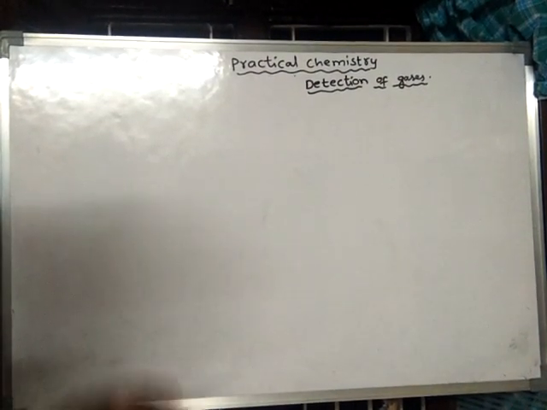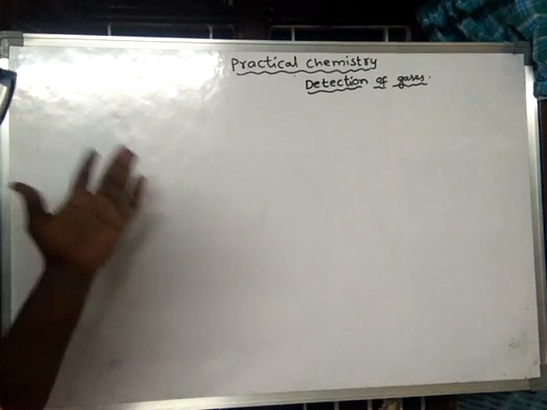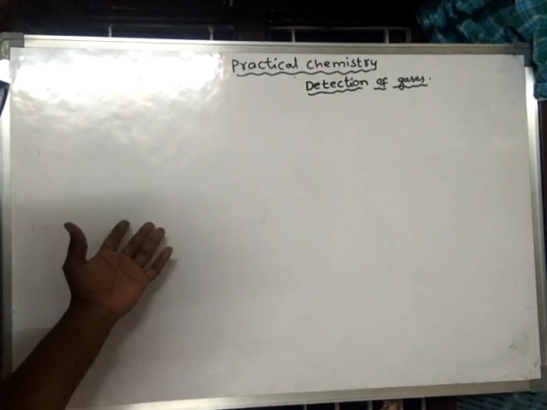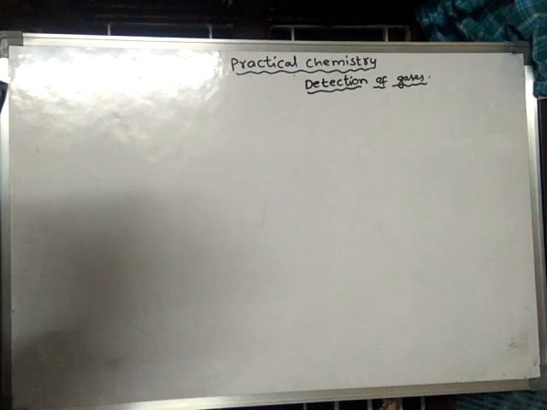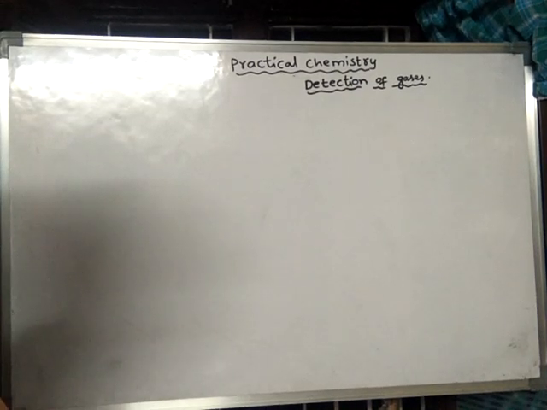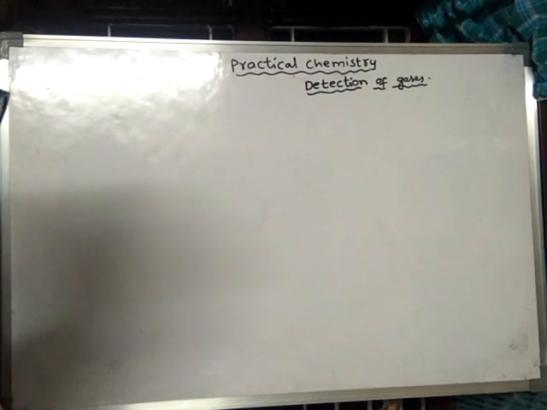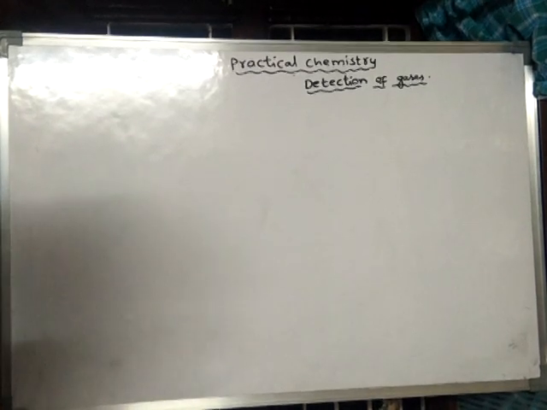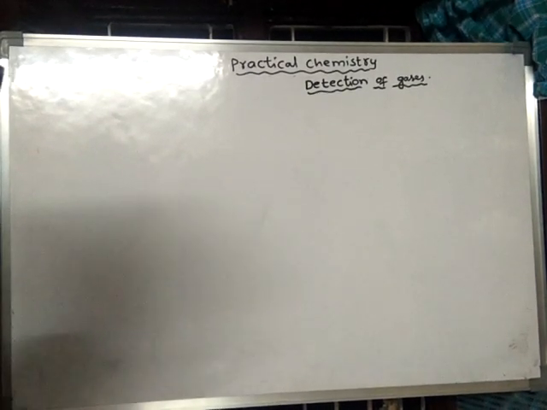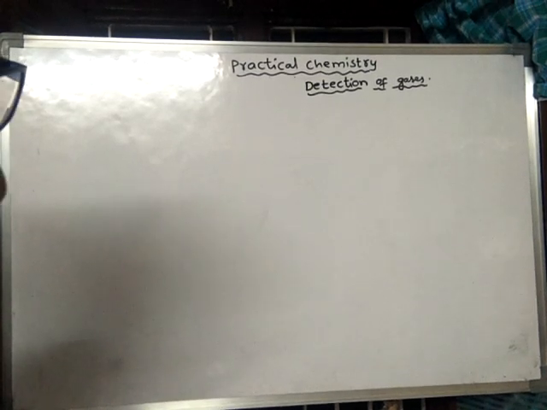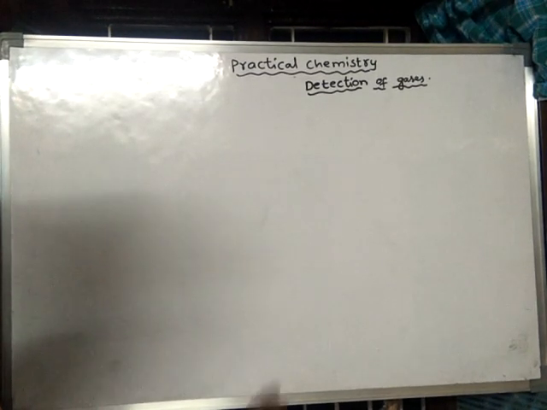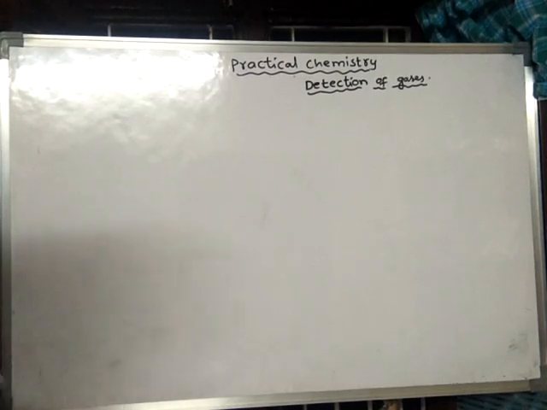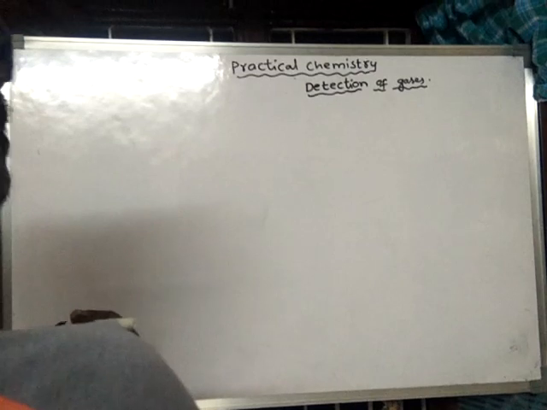See, yesterday, in the previous class, we learnt that there are 11 most important gases, and how to identify the gases based on their color, based on their odor, and based on their litmus test. Based on the color, we have seen that chlorine and nitrogen dioxide (NO2) are the two colored gases out of the 11 mentioned in our previous classes.